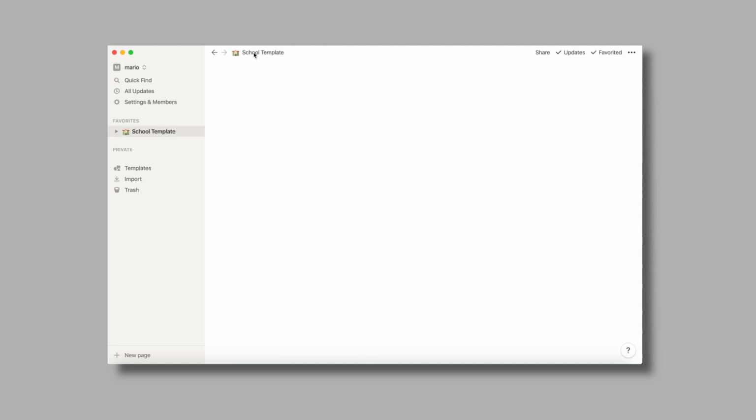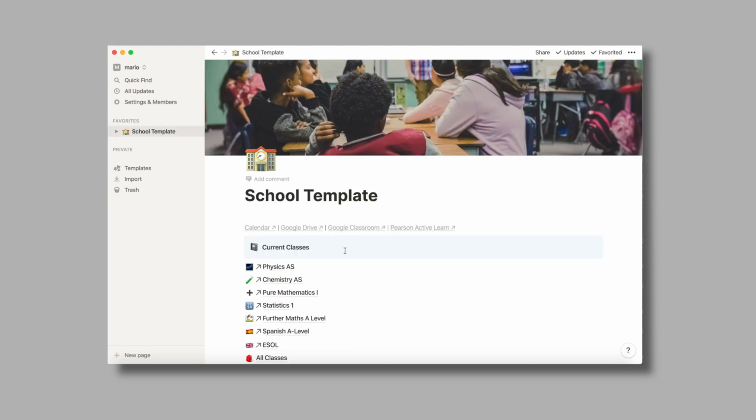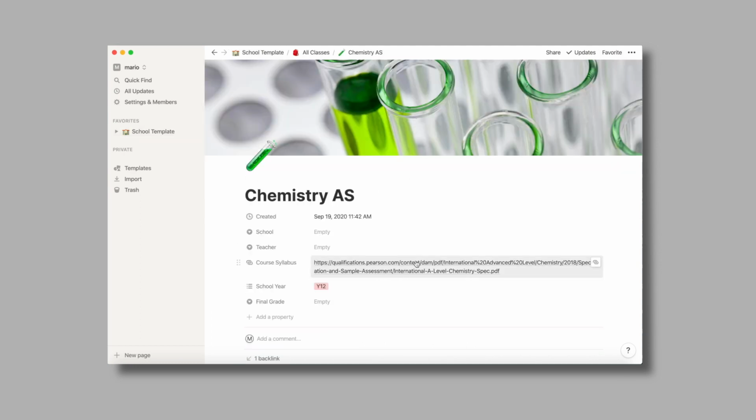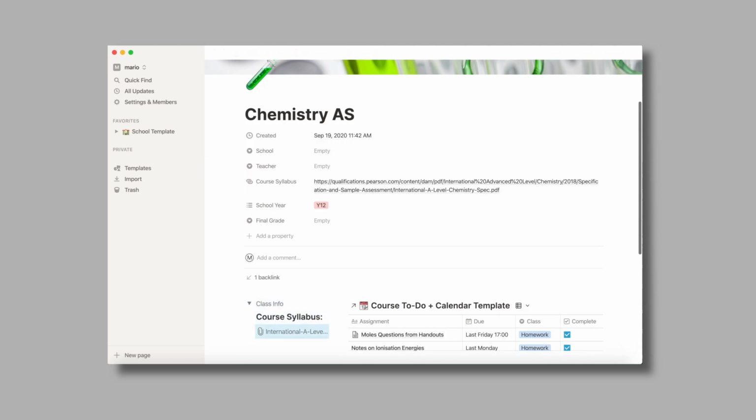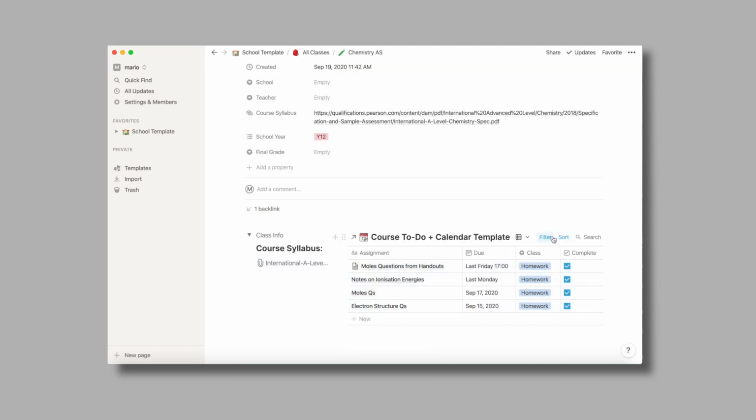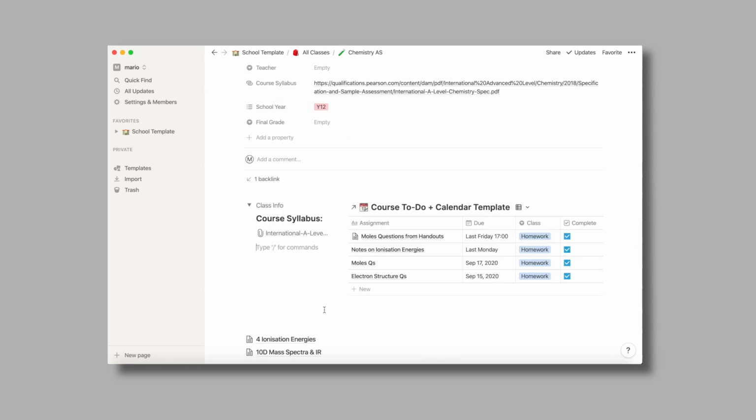And well, let's go back to school template and see chemistry as, for example, we have the same stuff. And you can also see that in here, the course to do plus calendar template is filtered for chemistry. So that's pretty useful. Once again, I have here all the homework, everything completed. It's amazing. And yeah, I have some notes over there, but now we're gonna go onto the main page so